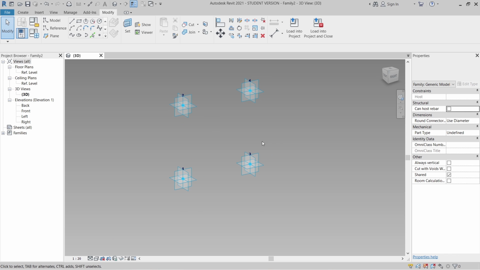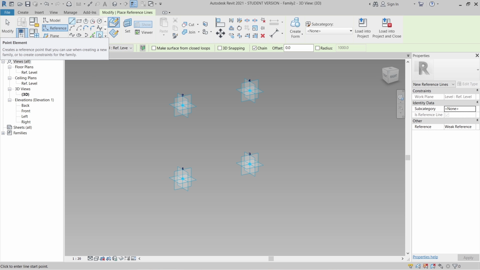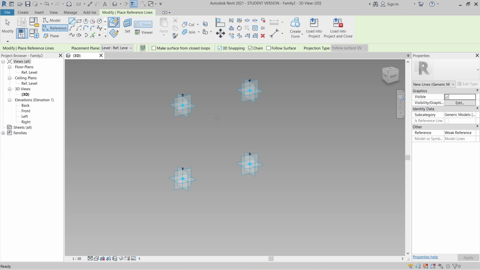Now it's time to place our reference lines, and after that we will create our shape to achieve our structural truss. I can go to Reference, then Line. Make sure we use Draw on Work Plane first, and check 3D Snapping. It's time to draw. I will simply draw, starting from the first point here.